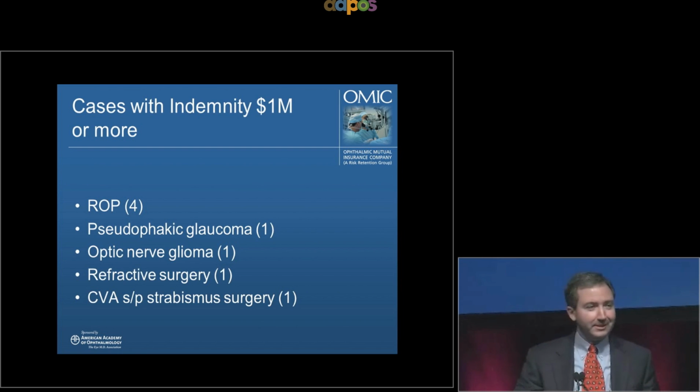Great question. I meant to say that, but you reminded me to say it. In no case did the indemnity payment exceed the insured's level of coverage. For any of these cases, and I've asked the question for Omic as a whole, the entire 25-year experience, there has never been an indemnity payment as high as they get that has exceeded the level of coverage. And that's something maybe Ann might address later on.